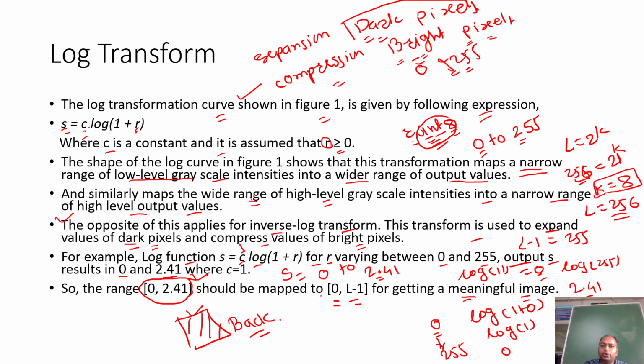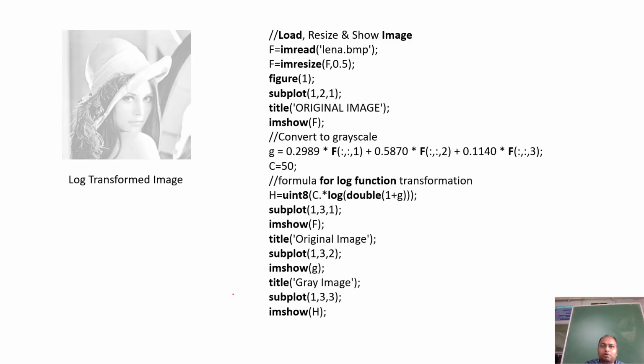So ultimately what we need to do is map this information again into 0 to L minus 1 levels of gray level intensities, so that we can get a meaningful image from that information. Then we can say that yes, because of this transformation I have got meaningful information, in that dark level information has been converted into brighter levels of pixels after transformation. So let us check it out with the help of this example.